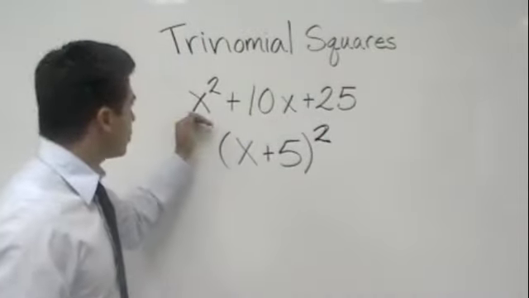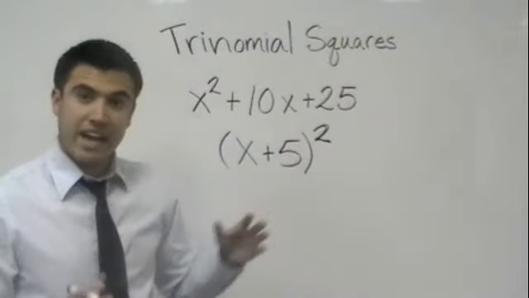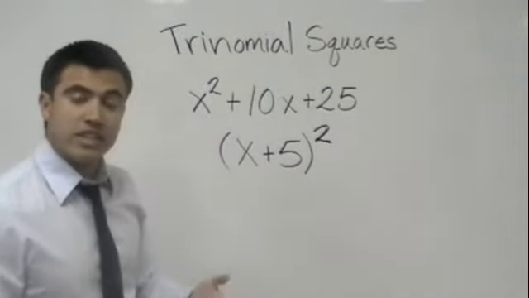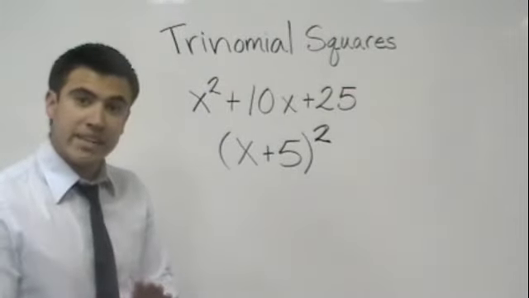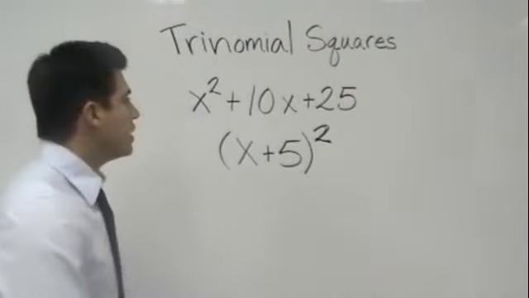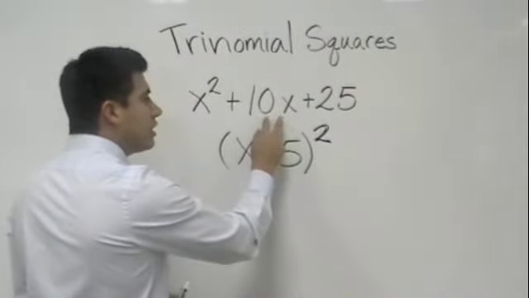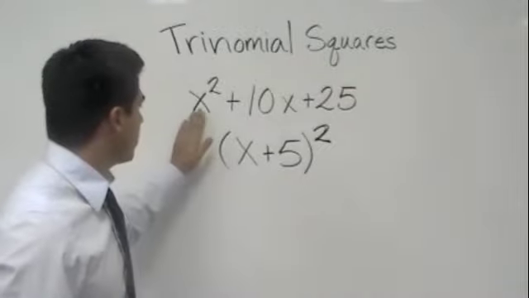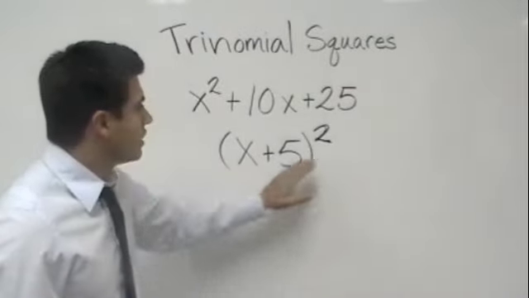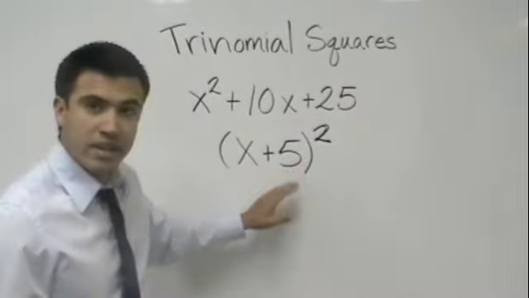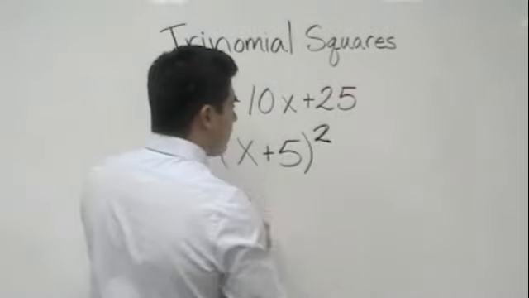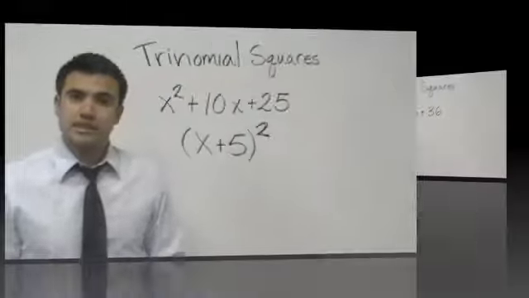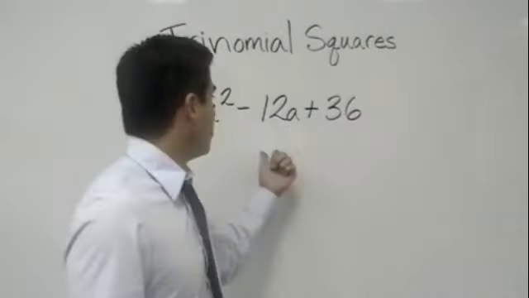So again, you take the square root of that, and you take the square root of that. They have to be perfect squares. Then you go ahead and you multiply those square roots together, and then multiply it by 2. And if that will give you the number in the middle, then it's a trinomial square, meaning you can just put the square root of that right here, the square root of 25 right here, and put it, the quantity of that, squared. We're going to go over some more examples so you fully understand this. So let's go ahead and do this problem right here.